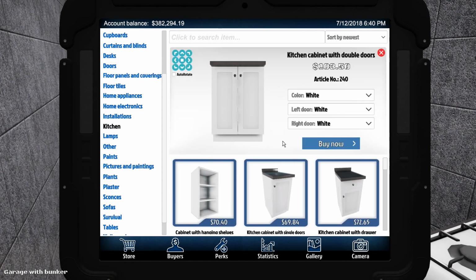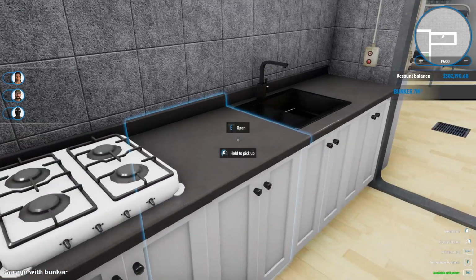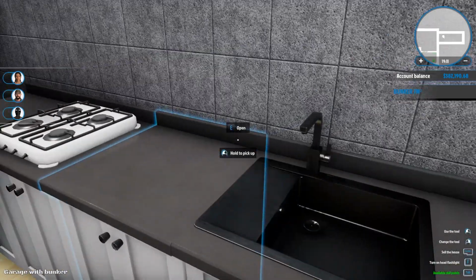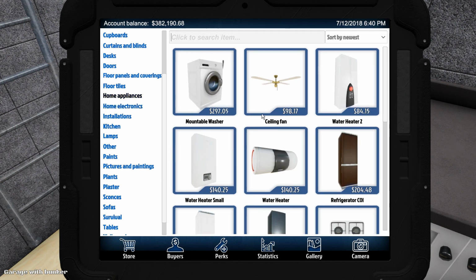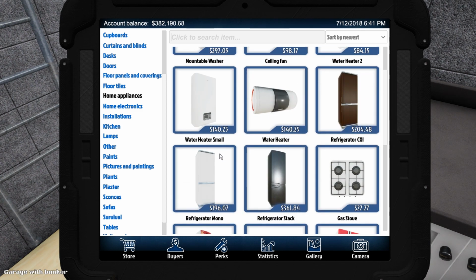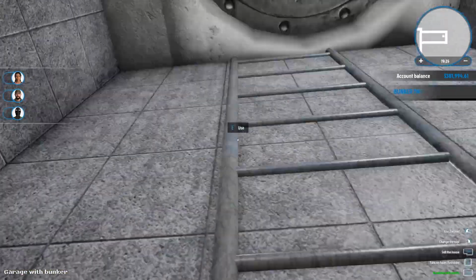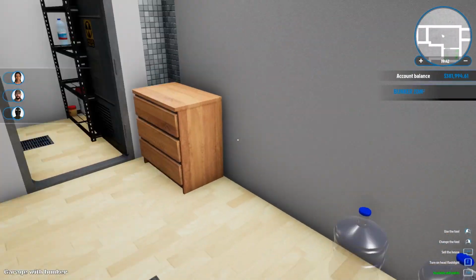Kitchen cupboard with double doors. I don't know why each one seems to be just very slightly offset from the last. I might need to try and wiggle them around, get them right. Let's put a fridge in as well. Installate electronics, appliances. Just like a normal mono refrigerator, that would be fine. There we are. So we have a little kitchen, bedroom, kitchen, bathroom, chest of drawers,